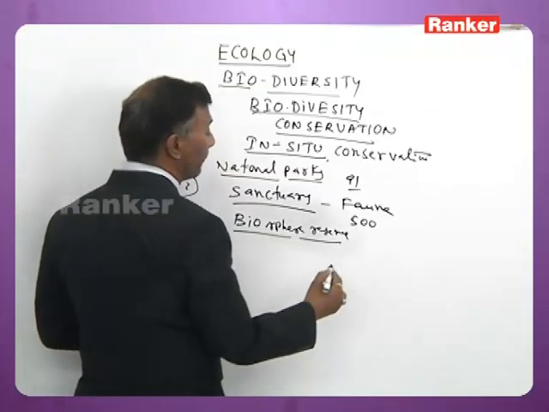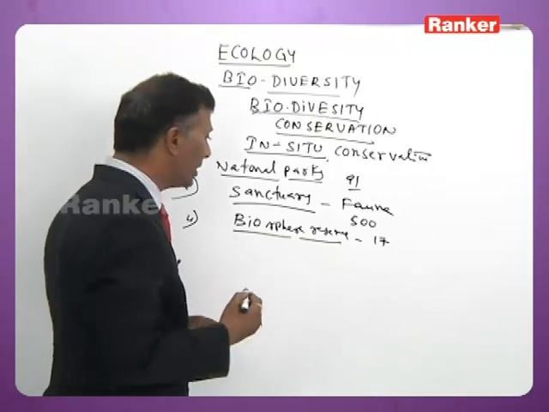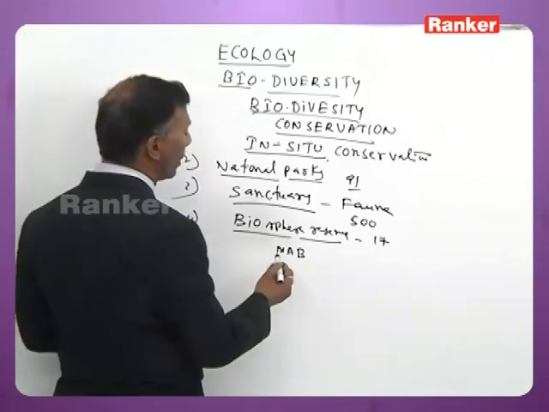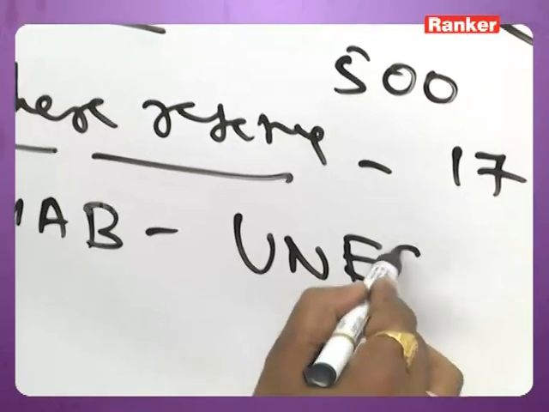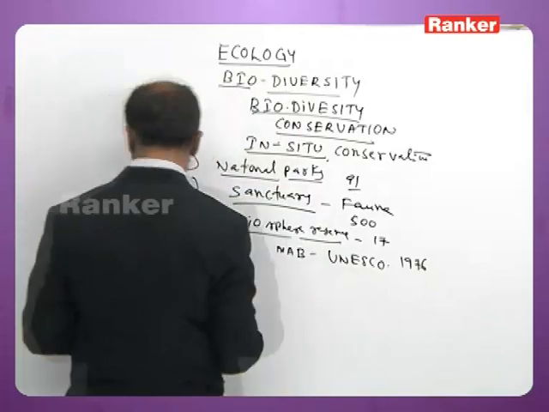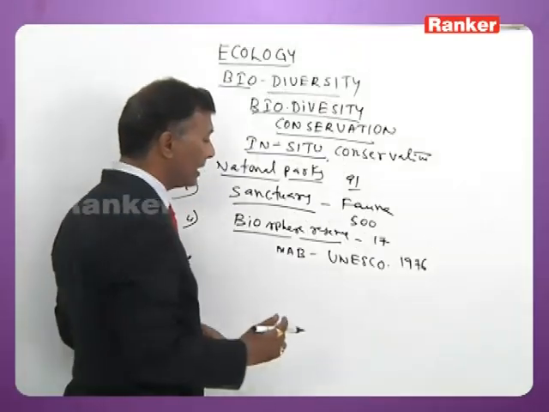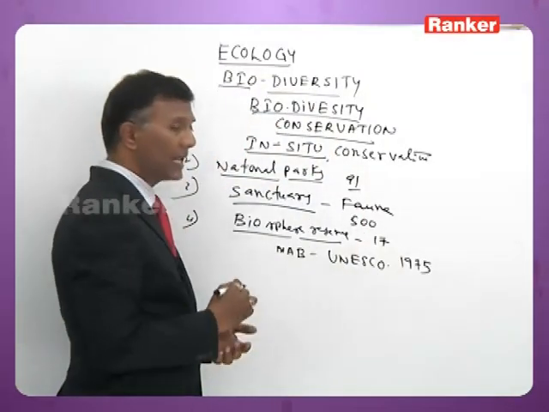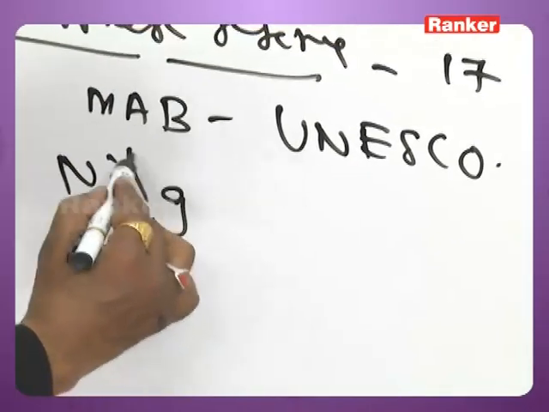Biosphere reserves, about 17 of them are identified in India now. They were started under the MAB program, the Man and Biosphere program by UNESCO, in the year 1975. Nilgiri Biosphere Reserve is the first biosphere